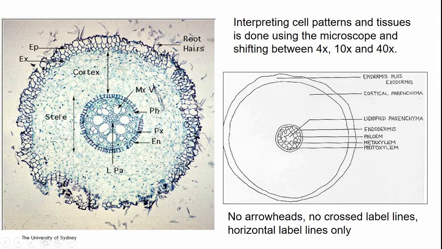So it's kind of a shorthand way of drawing this photograph, or drawing it from when you're looking down a microscope. So drawing a photograph is like a redundant exercise. Drawing your observation down a microscope is a really useful exercise. So this is what we do in our botany class.